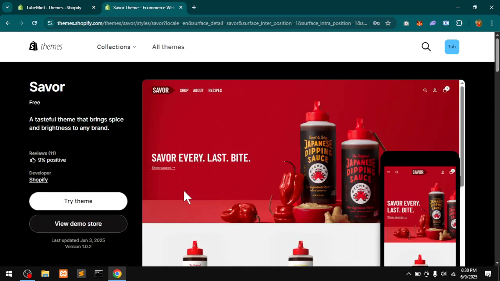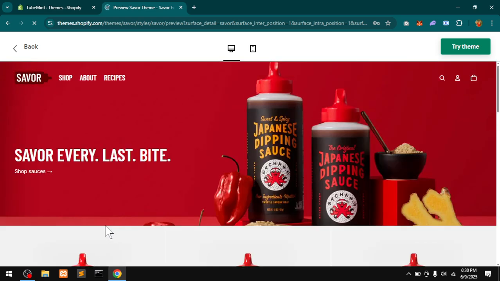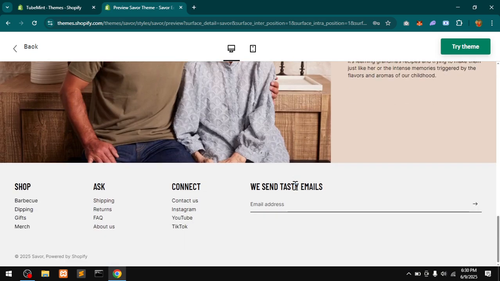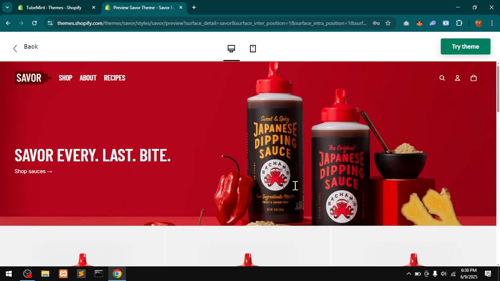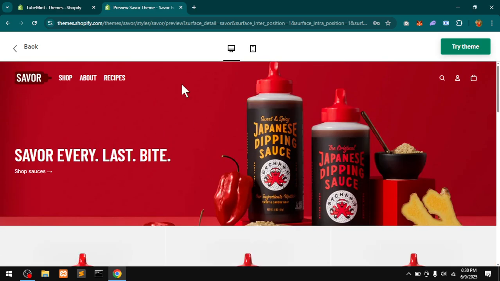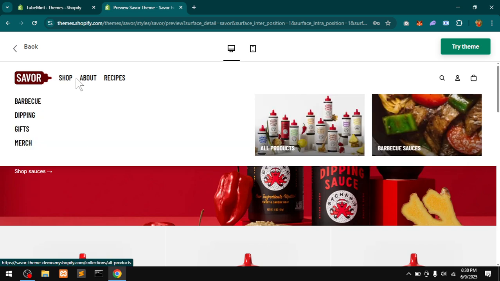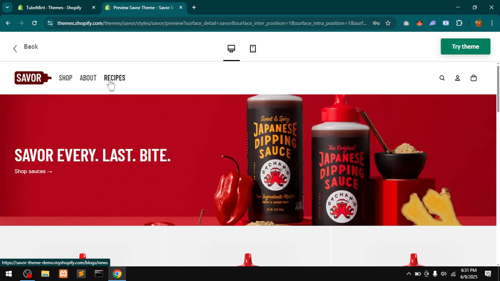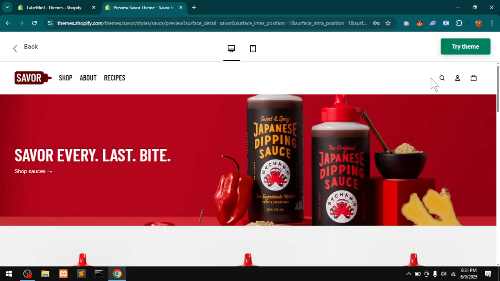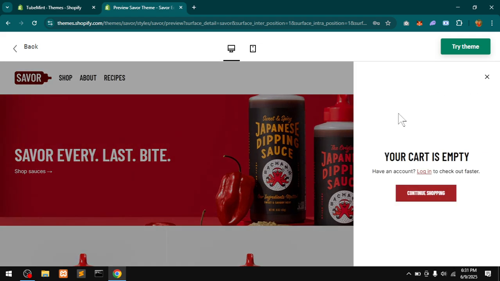This is Savor theme. I'm going to view the demo store and we will quickly go over both screens, small and desktop. At the moment, this is the desktop store. In desktop mode, this is how it looks. This is the home page, which has listed a few products, a banner, and this is your menu button, navigation bar, search bar, this is your cart,